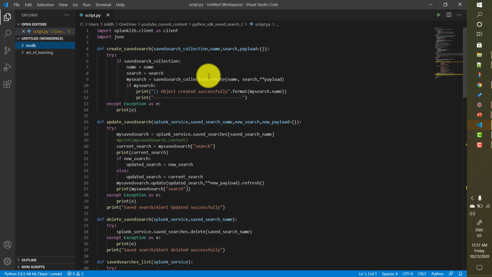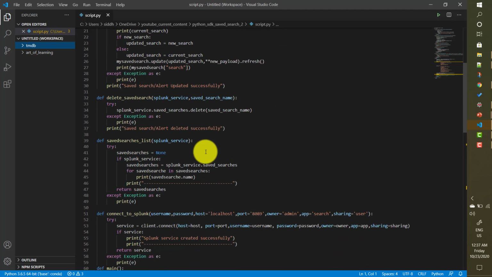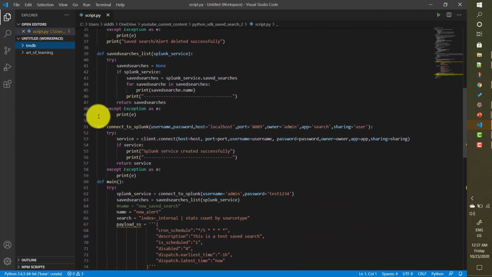Over there, initially we wrote a method which connects to Splunk and returns a service object, and on that service object we have the saved searches creation method and other methods available. When we talk about running a search, we need to deal with the jobs class or the job class.